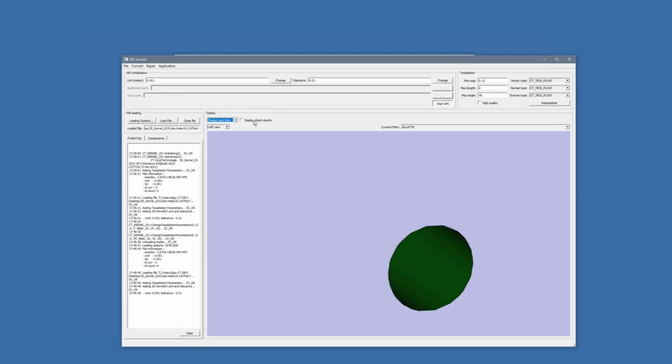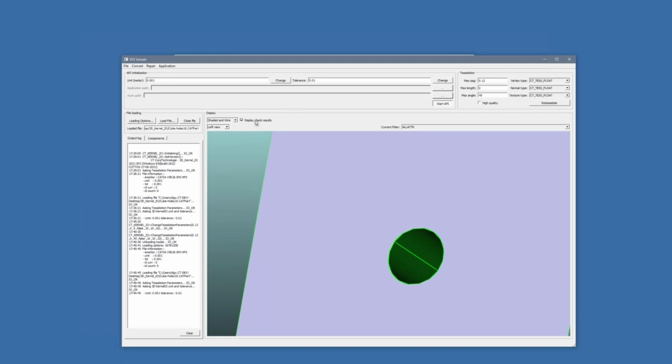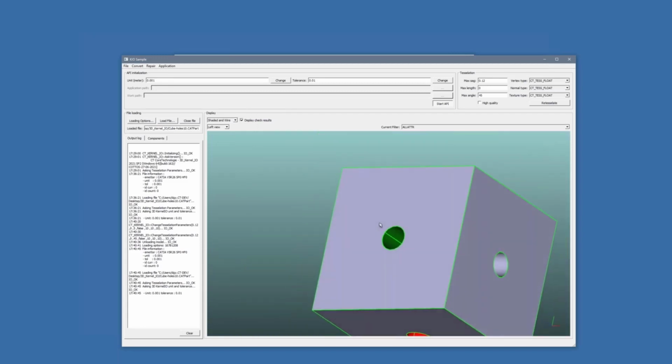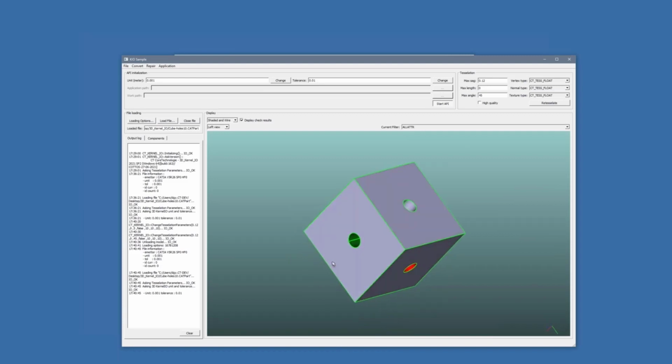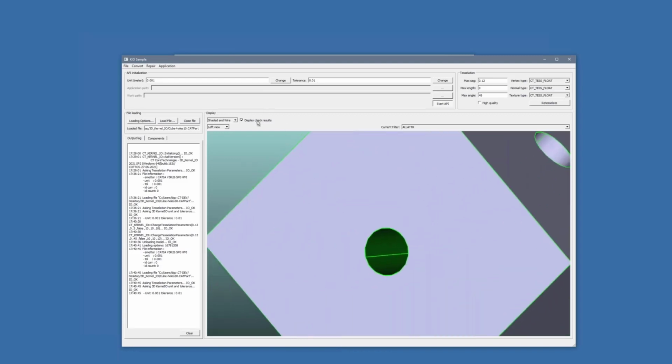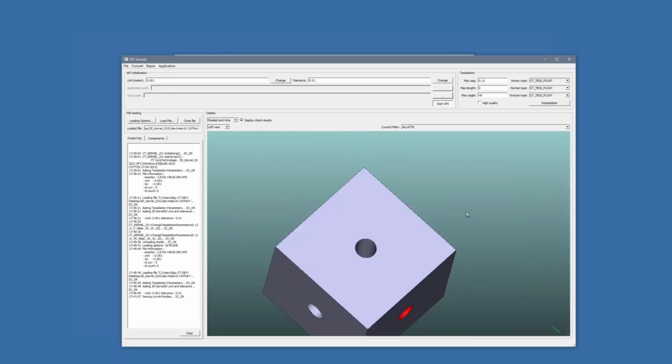I will just display what we call the check results, which will display the geometrical quality, which can be imprecisions and can be free edges. A free edge is an edge which doesn't have a neighbor. So as you can see here, the full model has free edges everywhere. That means there is no neighbor information. So what I will do is just call our skewing algorithm, which is able to find in a very optimized manner all possible topology. So I will skew the model, and now, as you can see, we have found all